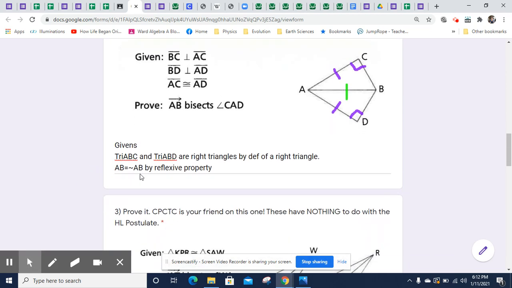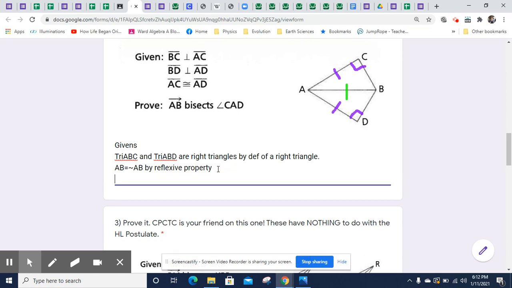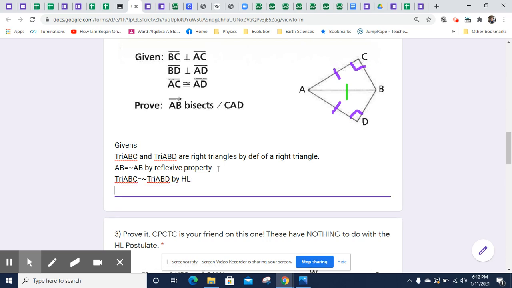Okay. I should have mentioned that earlier on. I apologize. That is our goal. So I made an assumption. We're just trying to prove these triangles are congruent. So they are congruent. So triangle ABC and ABD are congruent. Make that this. Oops, actually, not that, but that. Okay, by hypotenuse leg. And then we can finally say that, well, not finally, we can say angle